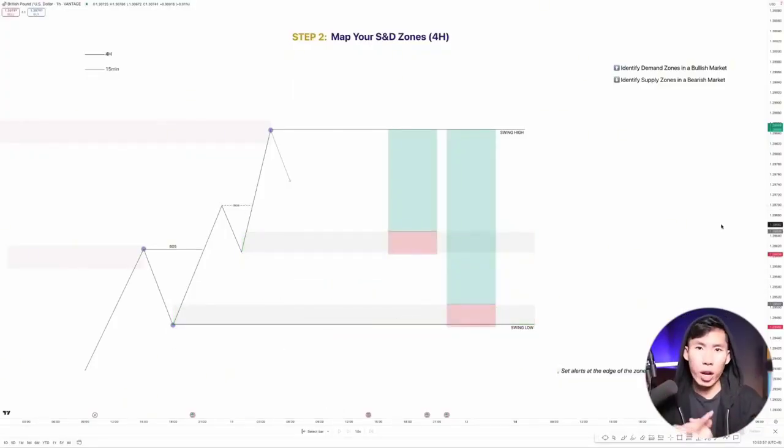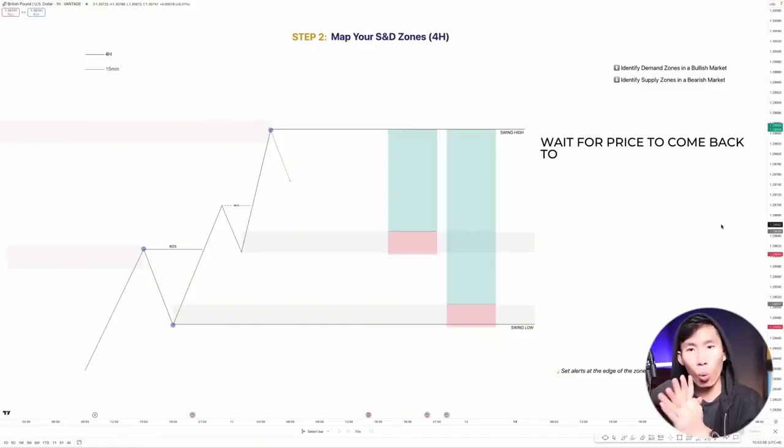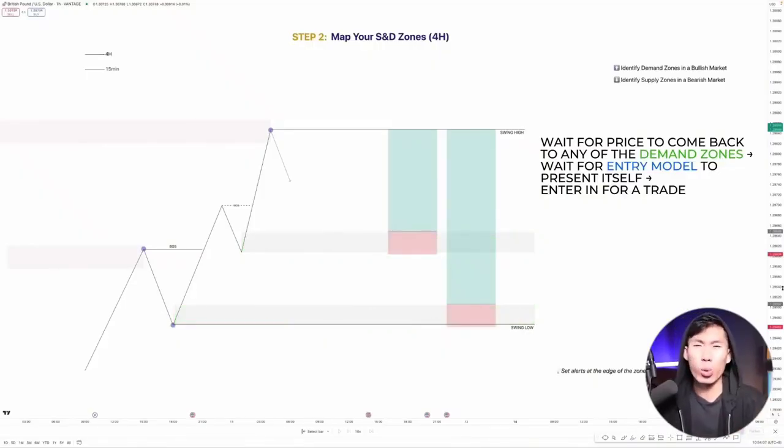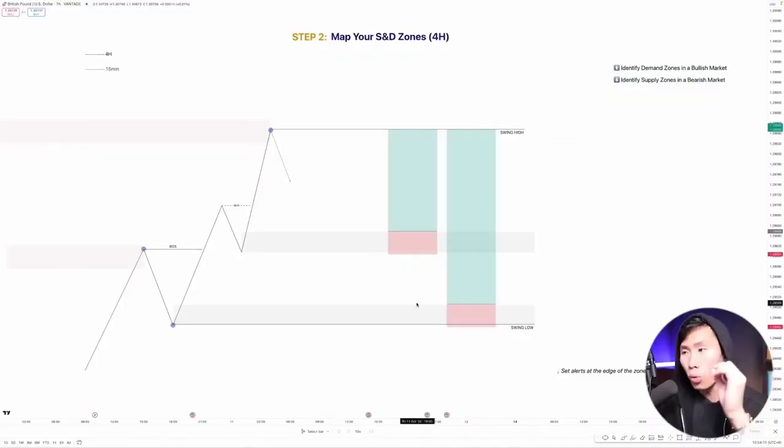So now our job as a professional trader is to simply wait for price to come back down to either one of these demand zones, and then wait for our entry model to present itself, and then that is when we execute our trade without hesitation, reservation, or fear. So now this is where I will advise you to set the alert at the edge of the zone that you want to trade from. And right now you might be